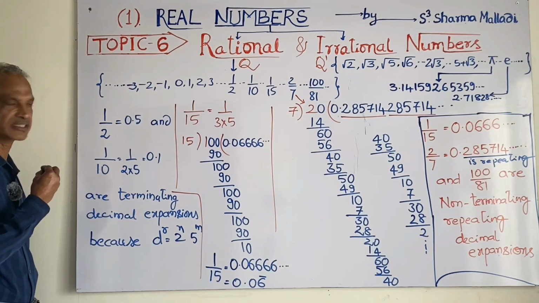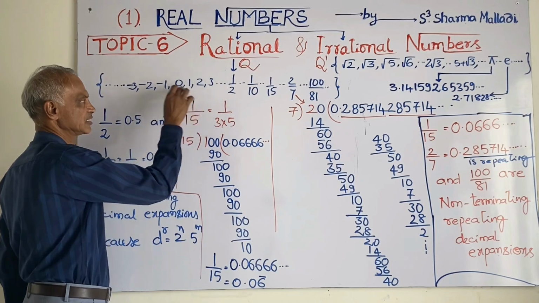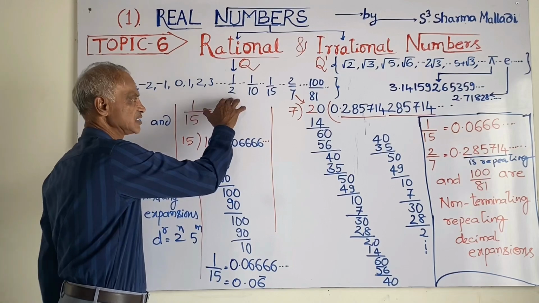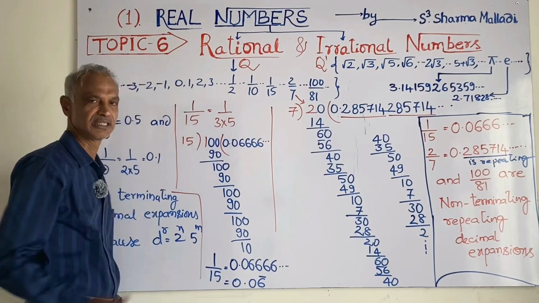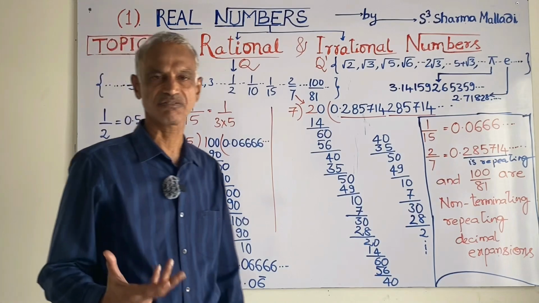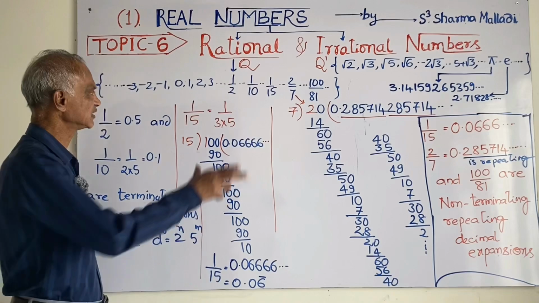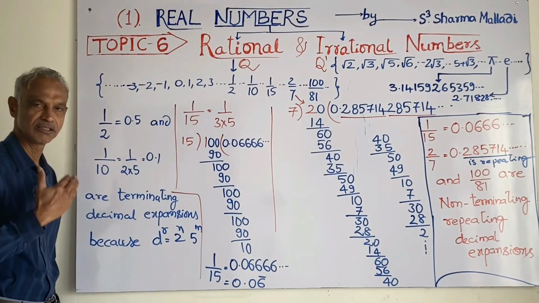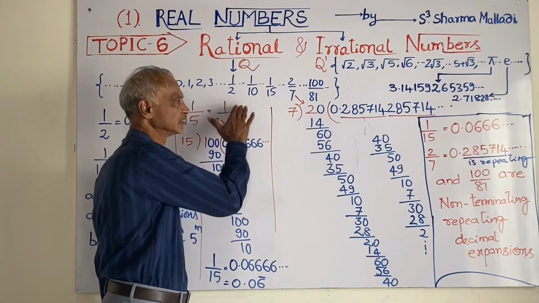And what are rational numbers? You know, rational numbers are integers: positive integers, 0, -1, -2, negative integers. And also we have rational numbers in the form of p by q. Anyway, 0 by 1, 1 by 1, 2 by 1, 3 by 1, all these numbers, -1 by 1, -2 by 1, all these numbers are in the form of p by q. These are integers and these are fractions. These fractions, we already know, are terminating and non-terminating repeating decimals. We have to identify which are terminating